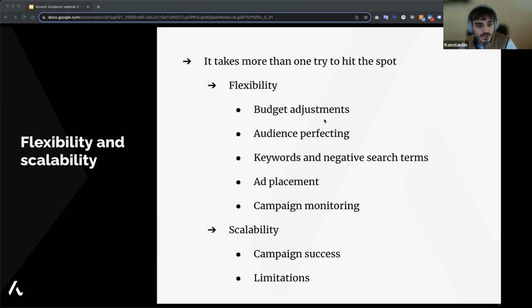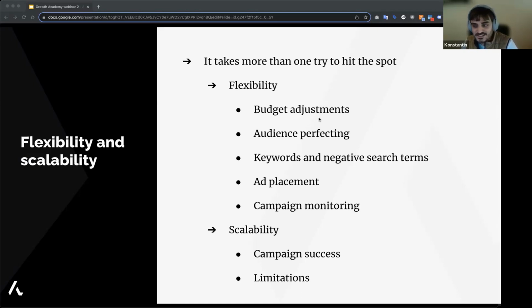So by having a person that constantly looks after these campaigns, we make sure that you hit that right spot and you start getting leads, because the first campaign may not bring you the leads, but it will give you a lot of data and information to take the next step that will actually bring you the leads. Because giving attention to these small little details on each and every spot, that's where the leads come from. And once you hit that spot, you can scale it.